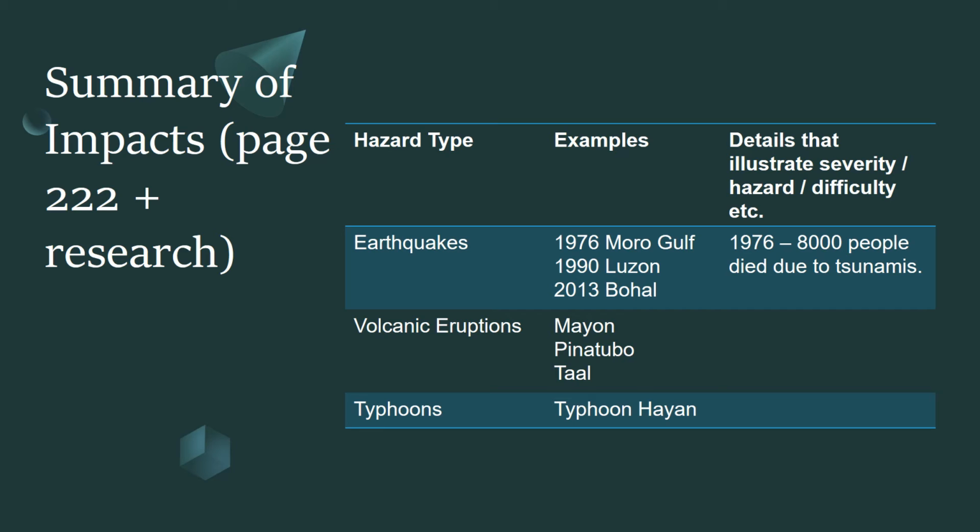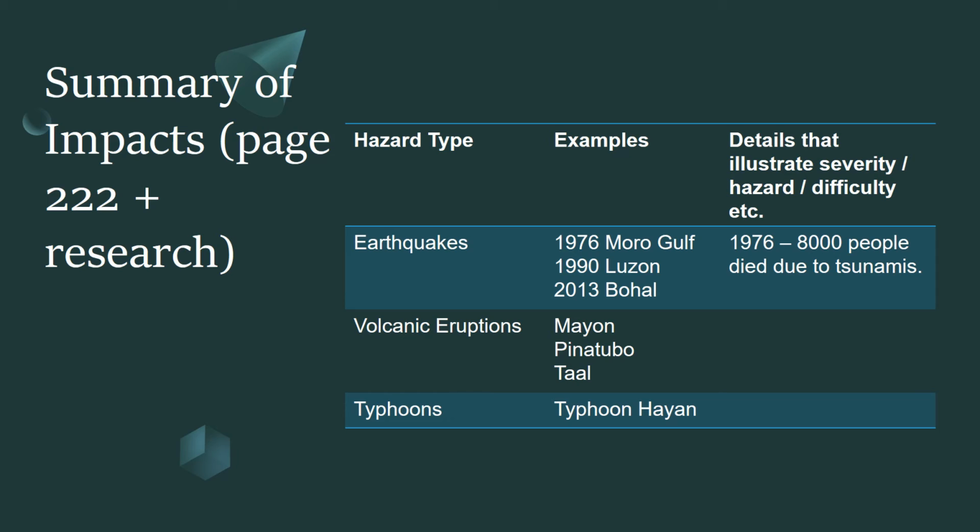We then need some examples of those. Now, the examples that I've got on the board here are lifted straight out of the textbook on page 222. Whilst I'm not saying that that's enough on its own, it's an obvious starting place that you would look in the book first, and then once you've got what's readily available in the textbook without too much hard work, you might think, well, okay, I'm going to add a typhoon. At the moment I've only got one typhoon. If there's none others in the case study, you might think, well, I'm going to try and find out another example of a typhoon that affected the Philippines.